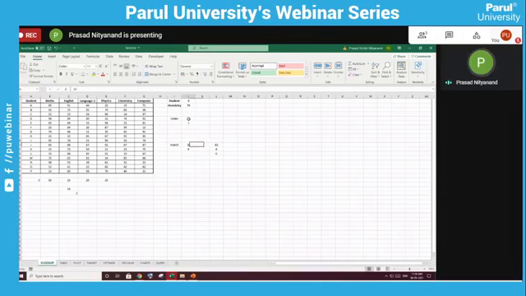Similarly, the INDEX function. What will the INDEX function do? The INDEX function is nothing but the inverse of the MATCH function. In any particular list, it will show you the value at the number which we input here. So INDEX of 10 in this particular list will give you what is the value at number 10 in this list.